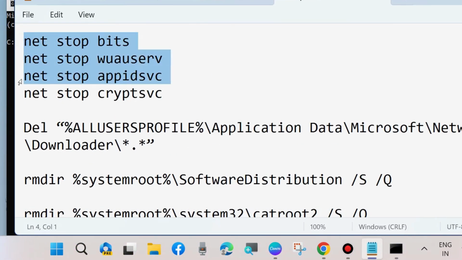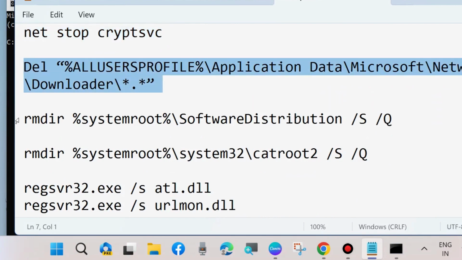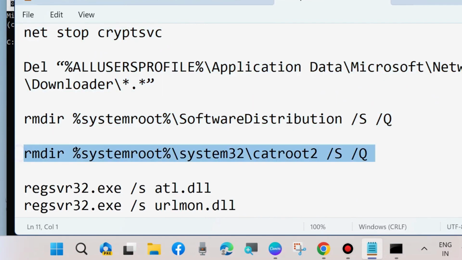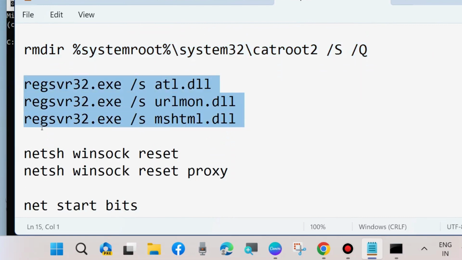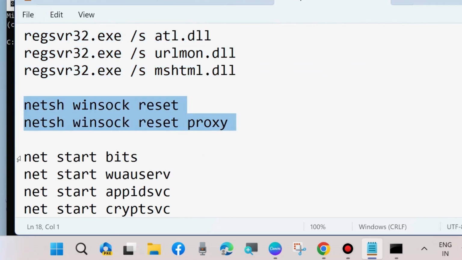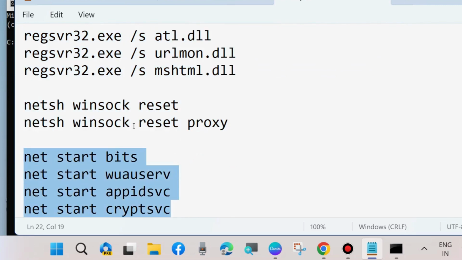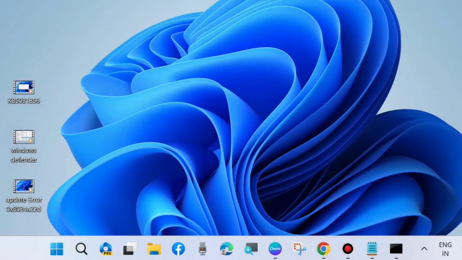All these components should be executed one by one in command prompt Windows followed by enter key each time. All this command path will also be available in my video description. You may copy from there. Don't forget to press enter on each command entry and after that restart your system and check whether your update error resolved or not. If not, go to the next fixes and the next one is